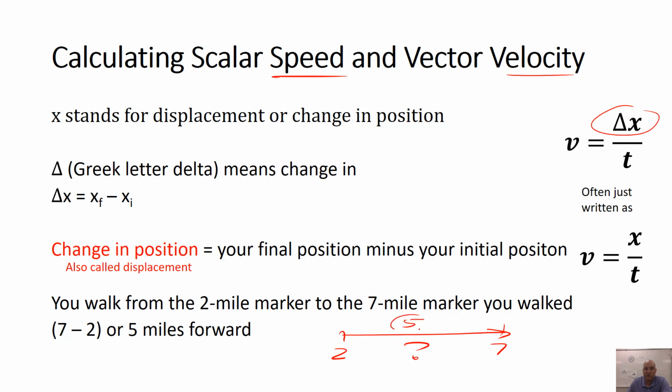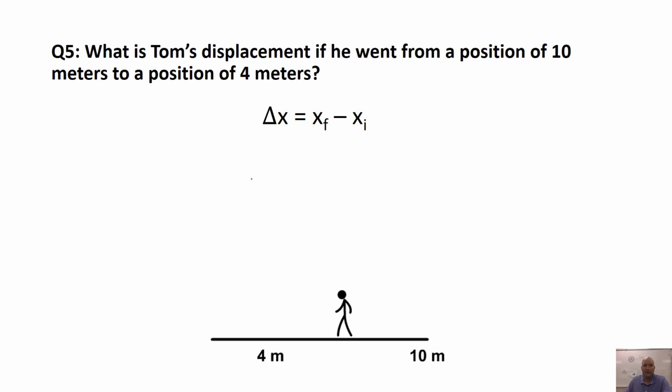You went 5, and then what you did is you took the 7, the final displacement, the XF right here, and you subtracted the 7 from the 2, or the initial displacement, and you get 5 miles. And in this case, since I didn't tell you a direction, I could have said to the right, forward. If you're in my class taking a quiz and I don't tell you what direction you're going, forward works. If you just assume it right and you draw me a quick picture, I'll go with that too. I'll accept that. Okay, so going from a position of 10 to 4 meters,